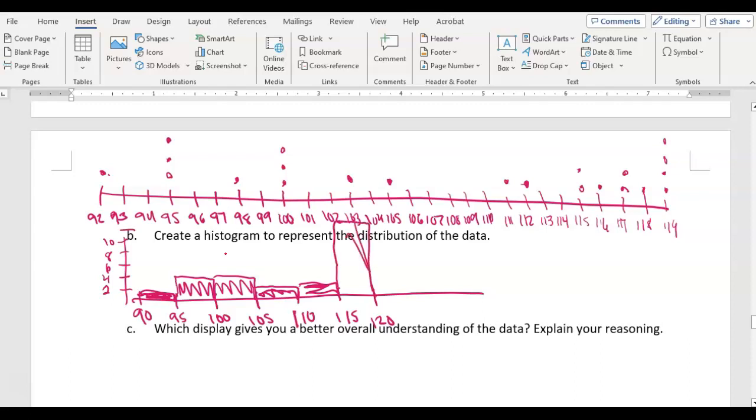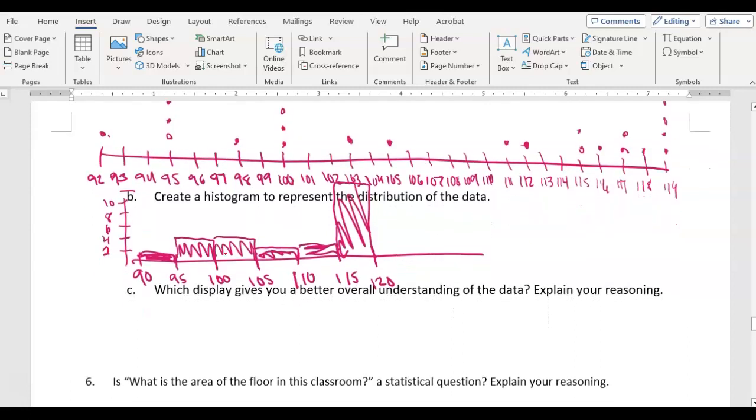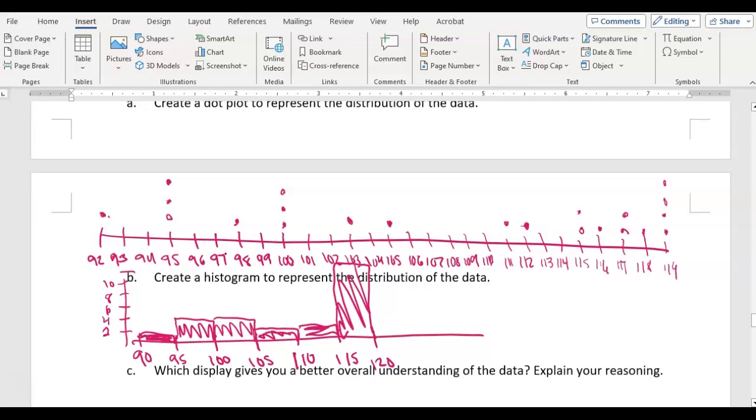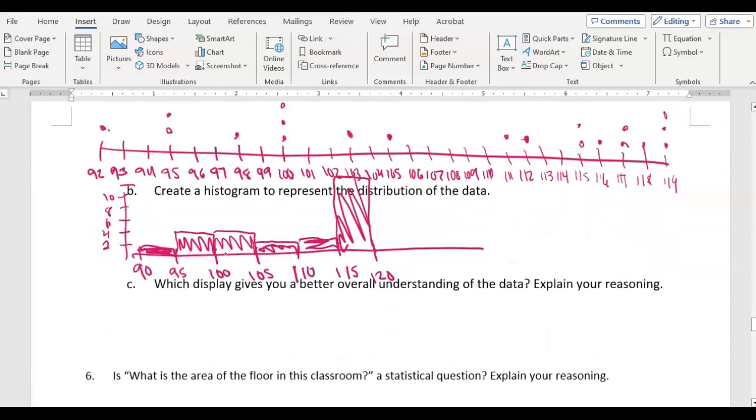That's fine. Okay, so then it says, which display gives you a better overall understanding of the data? Explain your reasoning. So I think in looking at this that the second histogram actually gives us a better display of data, just because when we look at the dot plot, there's not a value for each and every one of these. In some cases, there's only one value for a given temperature. So the histogram, although the dot plot gives us more specific data, the histogram gives a better overall